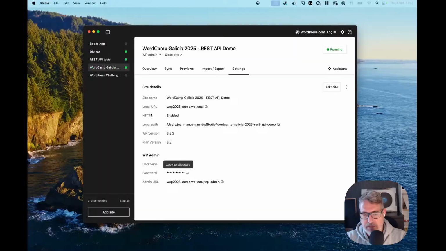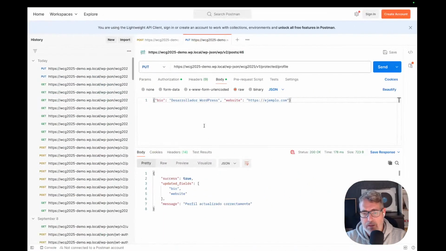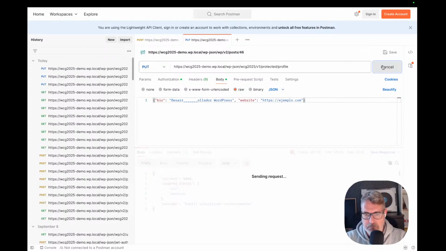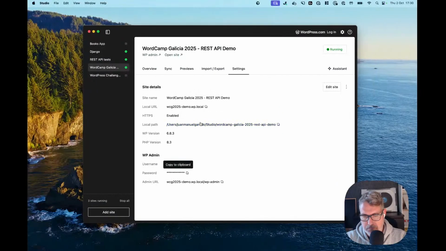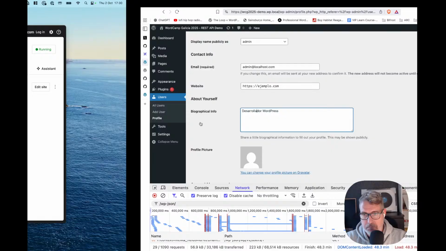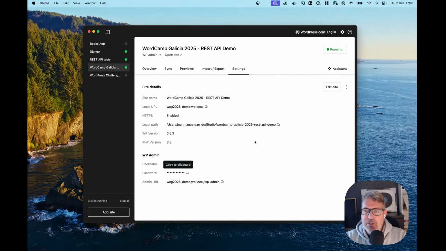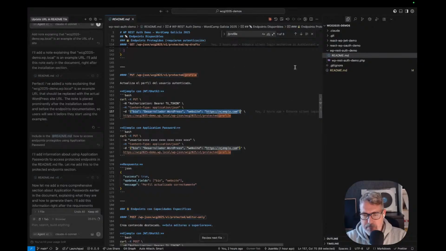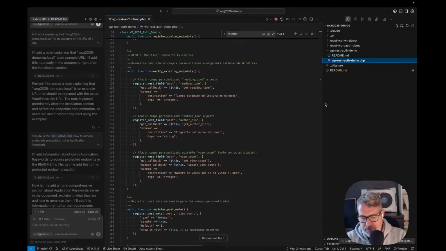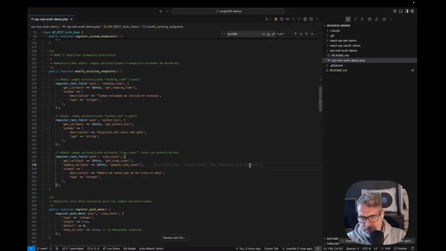And we can maybe, okay, so we can see that all these authentication methods, they work not only for core endpoints, but also for custom endpoints. And the custom endpoints, they are registered